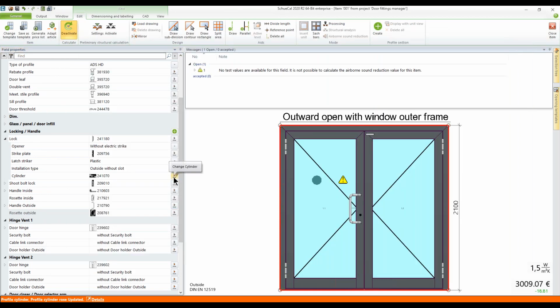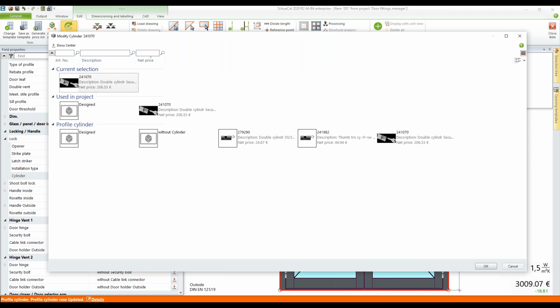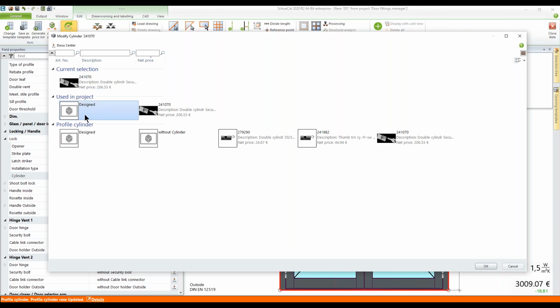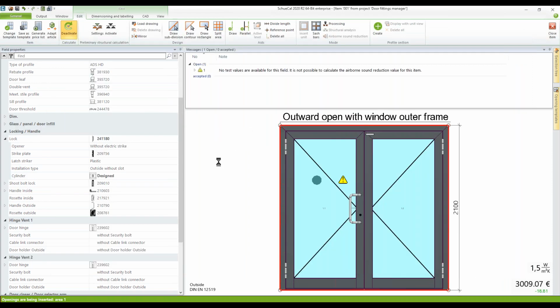The cylinders, you can choose from the cylinders. All possible cylinders are listed according to the lock. And if you use the design, then you do not use the cylinder, but you can use your own locking system. So you get the processing of the CNC machine. I want to use design. And now